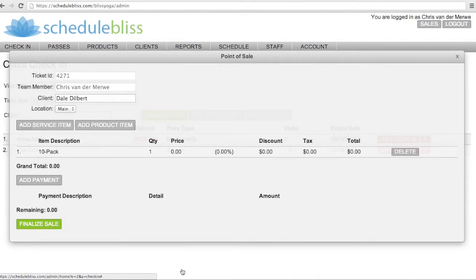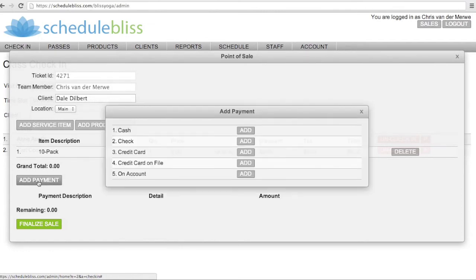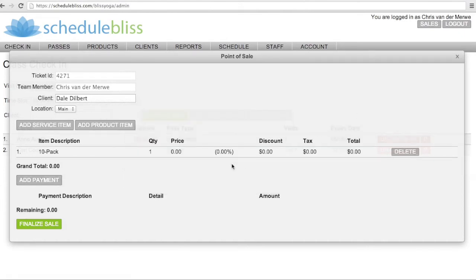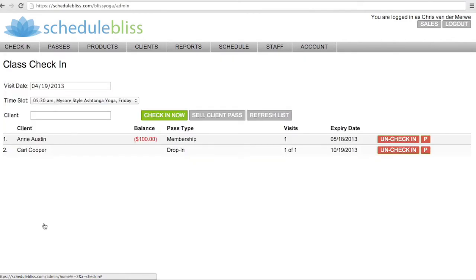Then there's no need to click add payment, as there's no payment to add because he's not actually physically paying any money. So if the grand total is 0 and the remaining is 0, you can just click on finalize sale, and then that will finalize that ticket for you, and Dale can go ahead and use that special